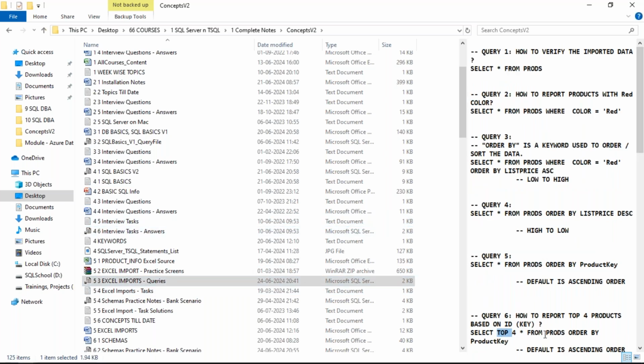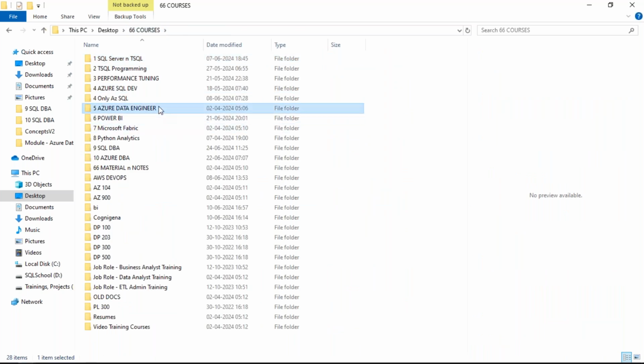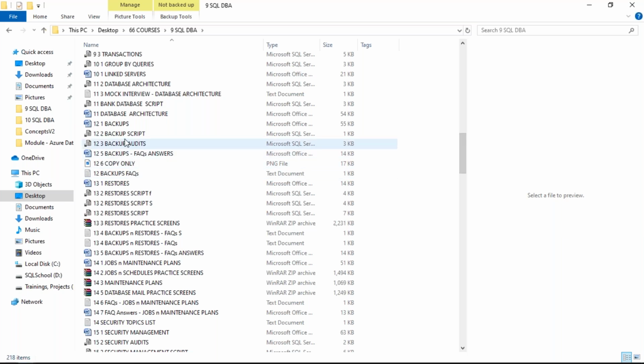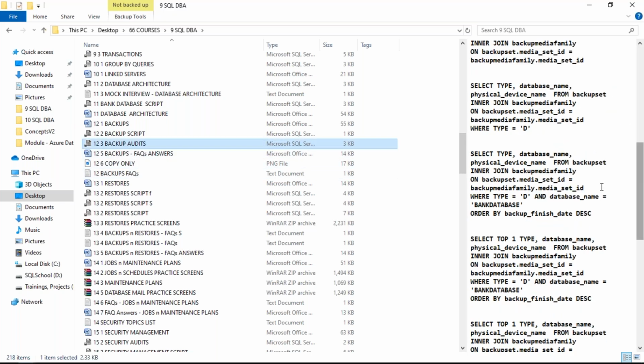Whatever queries we take here, for example, there is something called top. Those queries we need to use in data engineering, Power BI, DBA. For example, in DBA, we have something called backups. To audit backups, again, we need to use the same keyword. So there should be a relevance, there should be a link. It's not like I take a course and do it. It's not mathematics, it's chemistry class, okay? So there should be a continuity. There should be some meaningful continuity in our journey and investment of time.